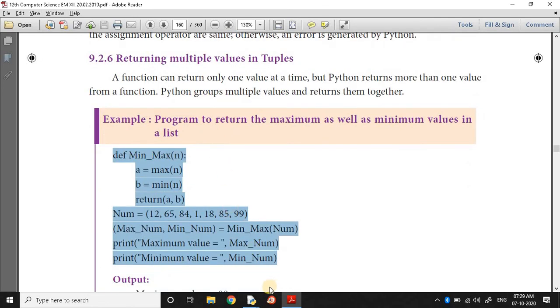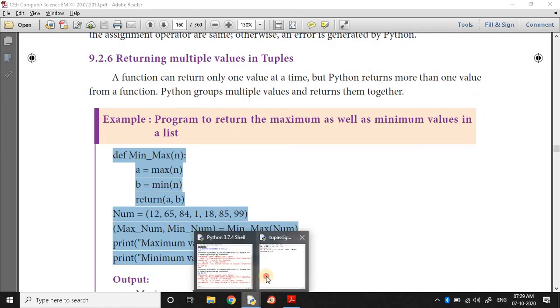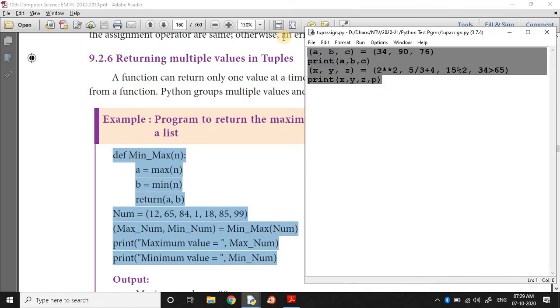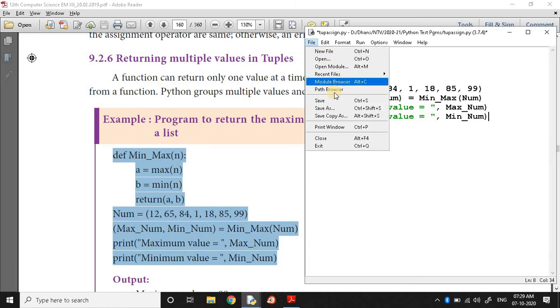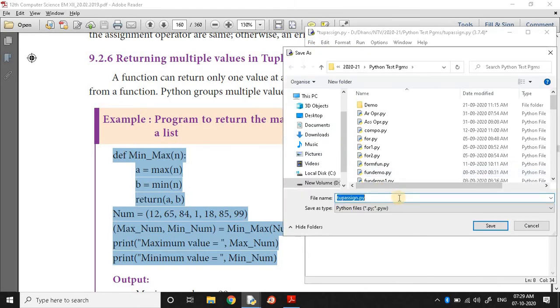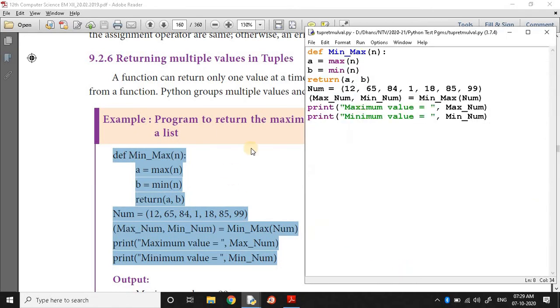Return multiple values in tuple. Multiple values. So the function statement must be indented.